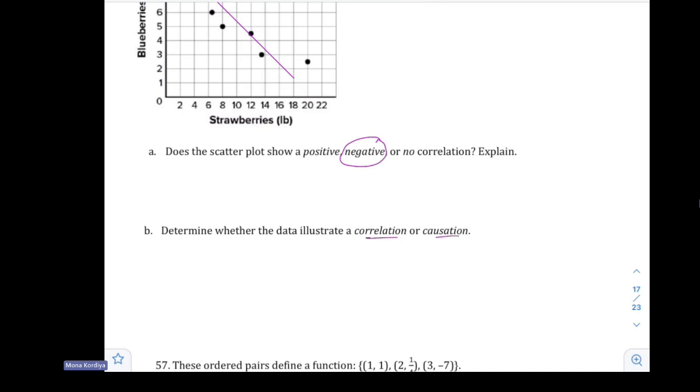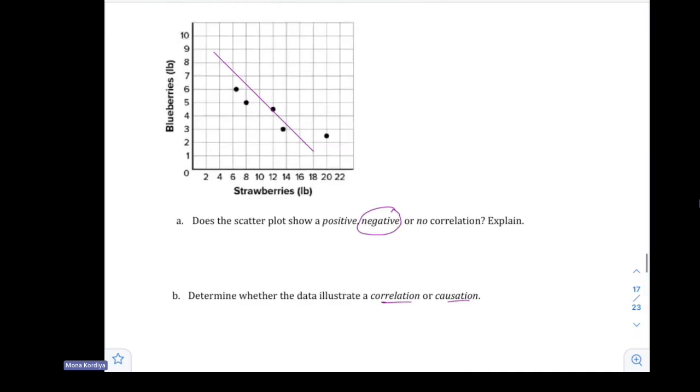As you see here, we conclude that it has negative correlation, but causation means the values are affected by each other. There is a cause and effect. So let's check, is this causation? If the yield of blueberries increases the yield of strawberries, or producing more blueberries means producing more or less strawberries, they are affecting each other directly, then we can say that they are